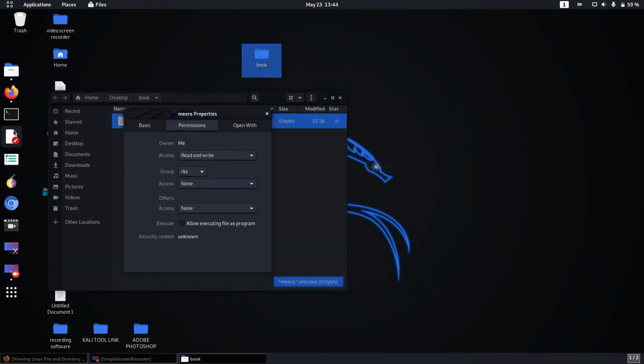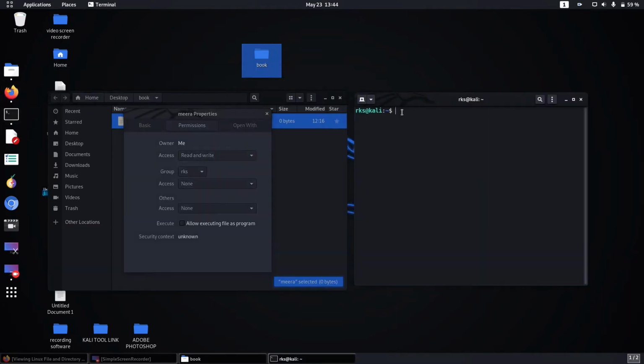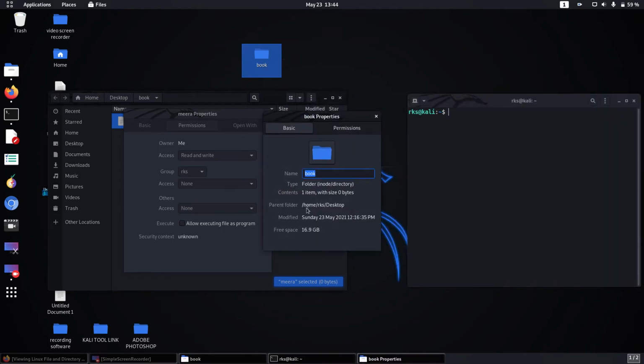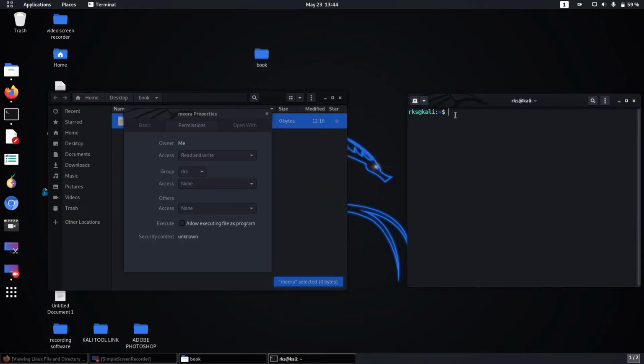Okay. Go to terminal. First check the folder location. Right click on it, Properties. Here is the parent folder: Home, Arches, desktop. By the cd command we can go to a folder. cd desktop, enter.